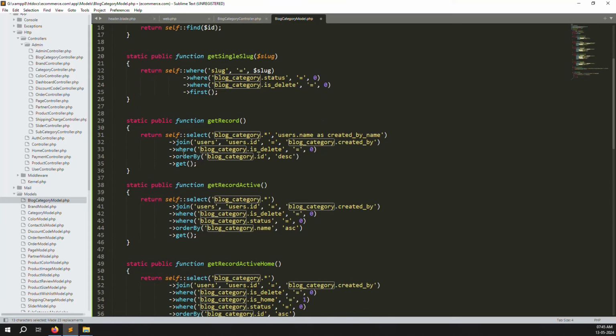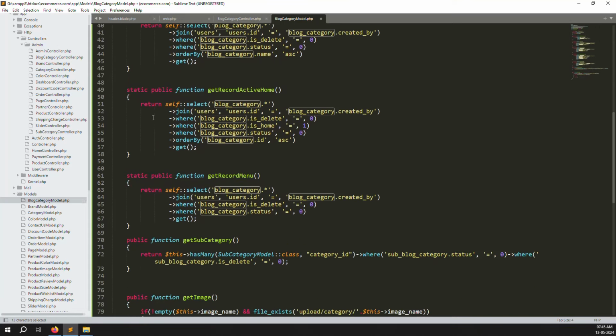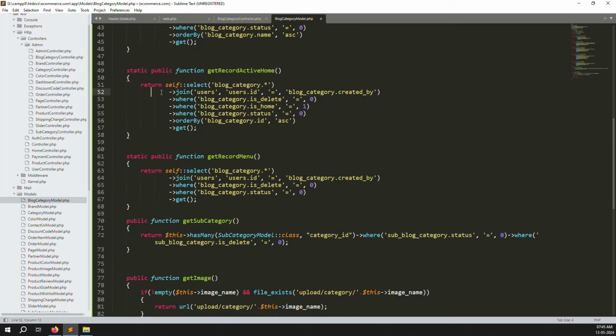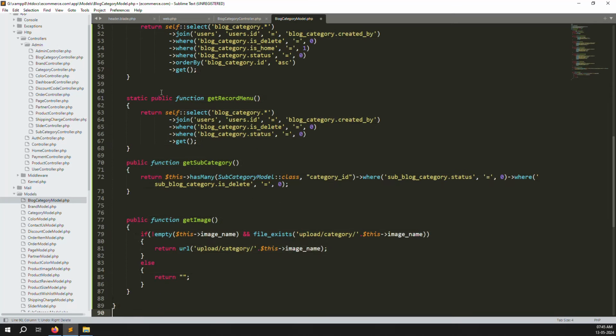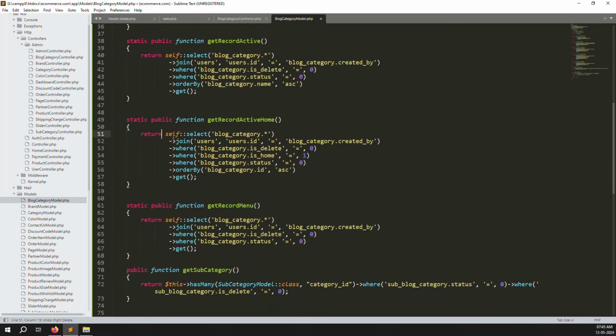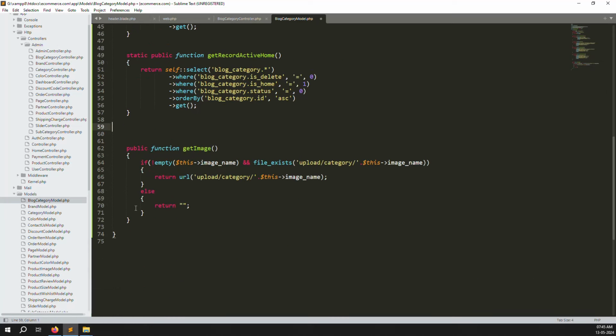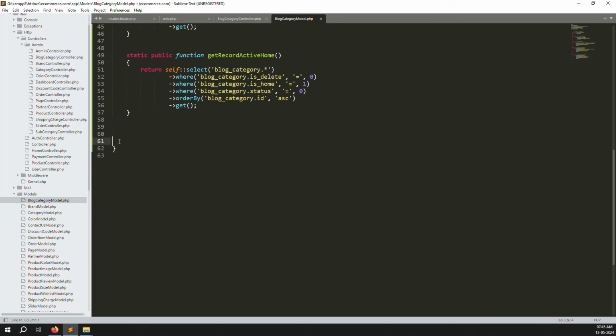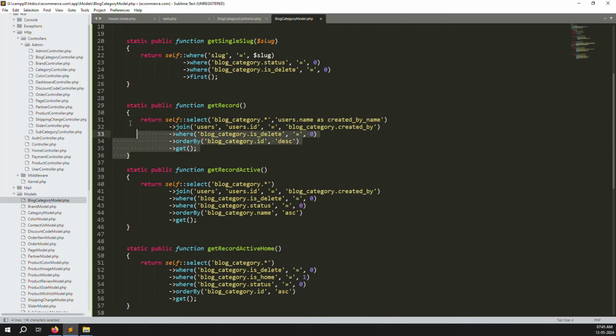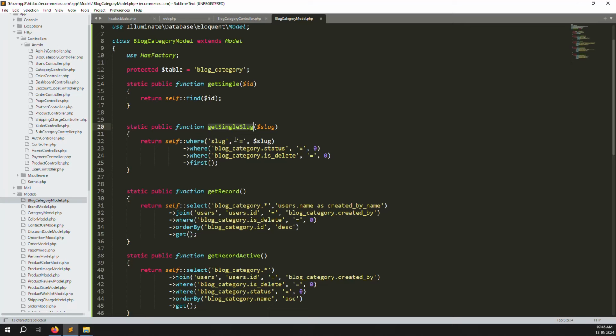Okay, so simply scroll down, get record active, we don't need this created by, so just remove here. For this condition, suppose we need to use it, we can use it, but right now you can remove. Menu inside we don't need, so just remove. Get subcategory we don't need, remove, and get images we don't need, so just remove. Okay, so just get record you can leave it, get single slug we can leave it, and first we need